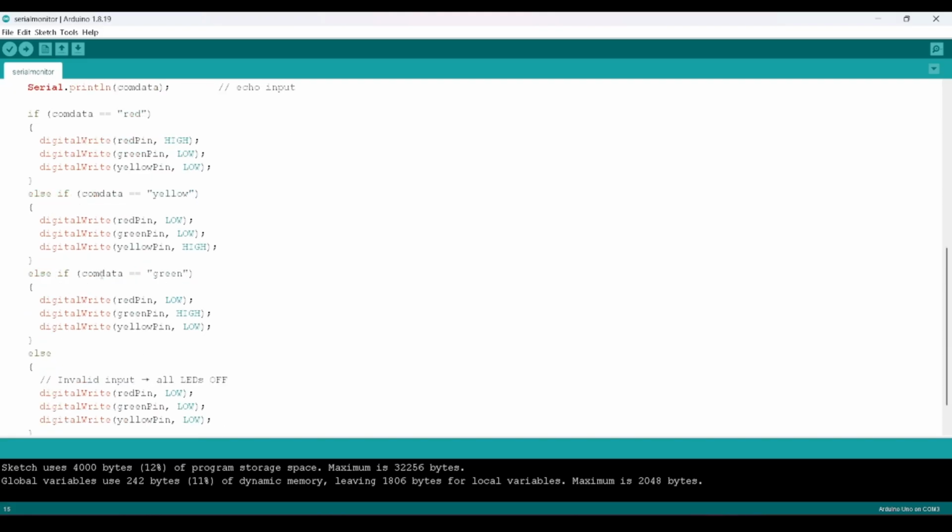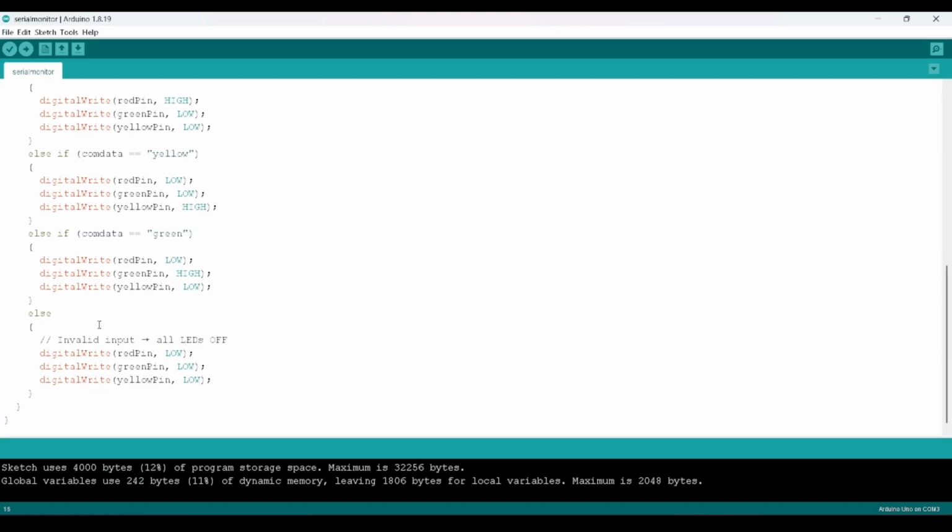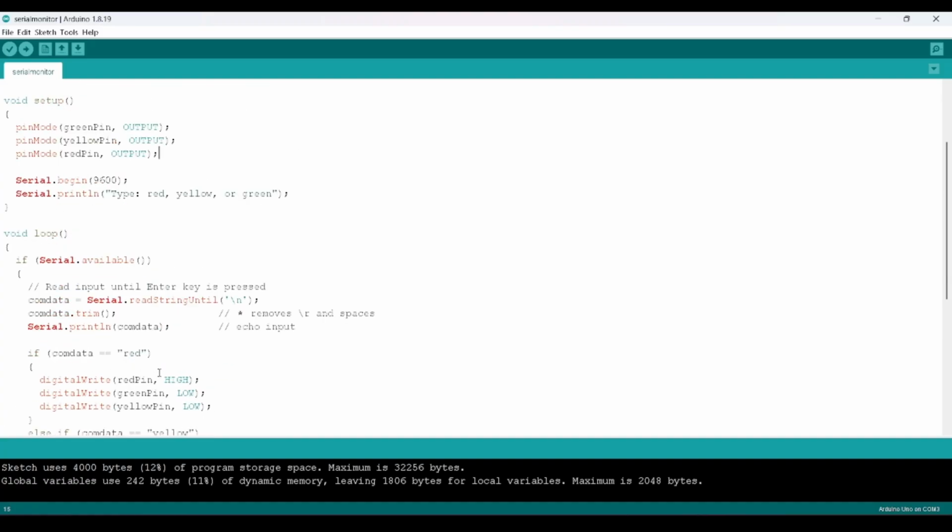If our com data is green, then the green would only be high and the rest is low. And else, meaning our input is invalid, all of the LEDs would turn off.